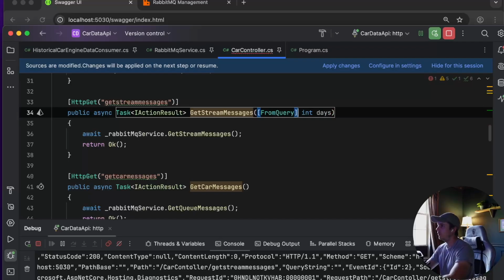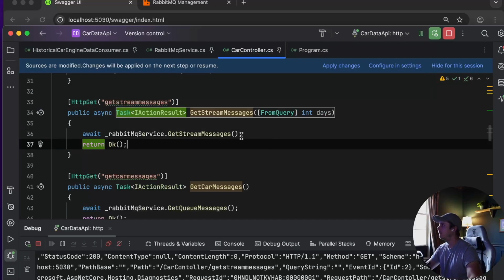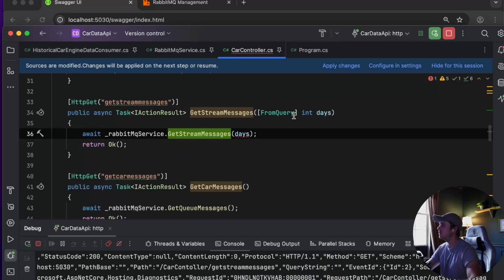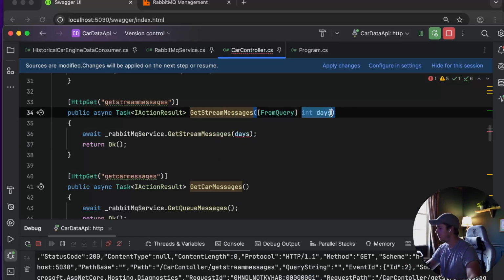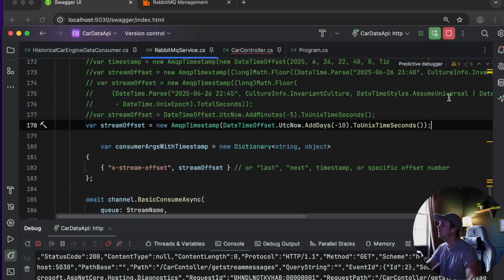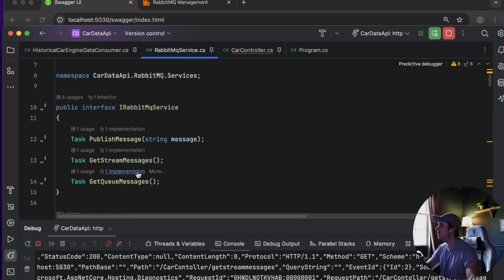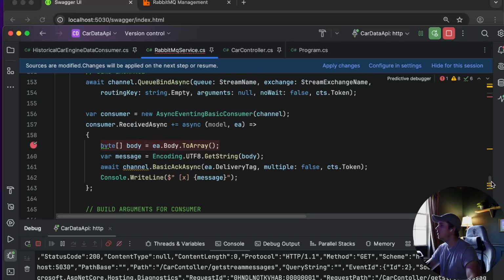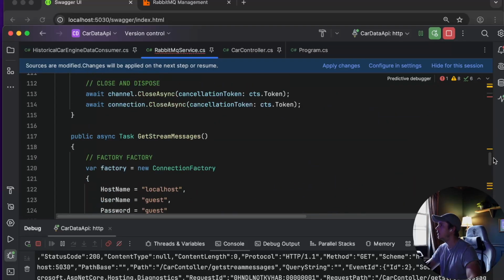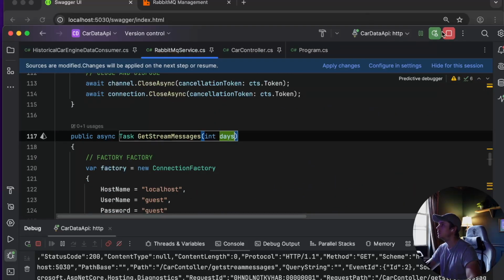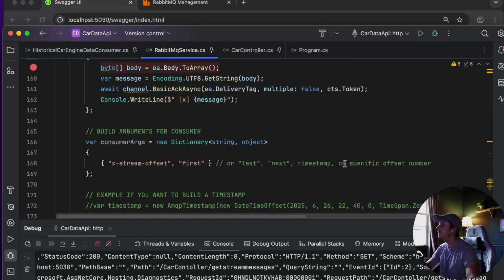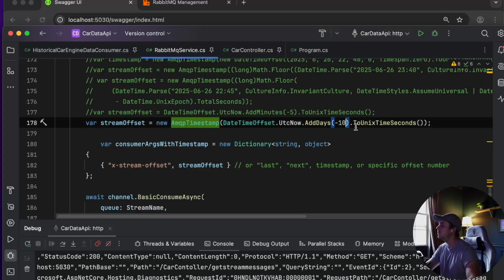I'm a big fan of from query as opposed to from route for reasons, but I'm not going to get into that. And I could pass in days, and now I have to copy that into my interface. Let's go up here and get stream messages. I'm going to add that there. Now finally, I'm going to add that to my implementation. Now I have days here. And then I could pass in days